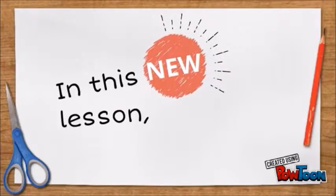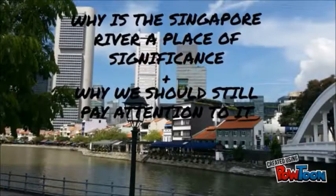In this new lesson, you'll learn why the Singapore River is a place of significance and why we should still